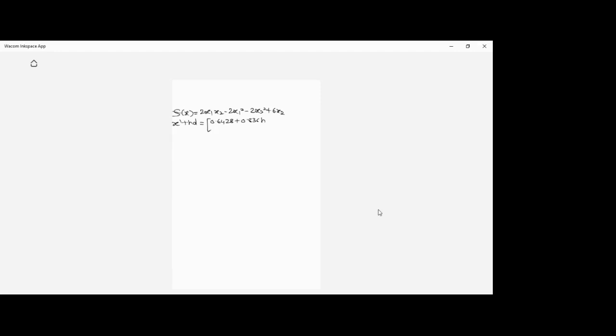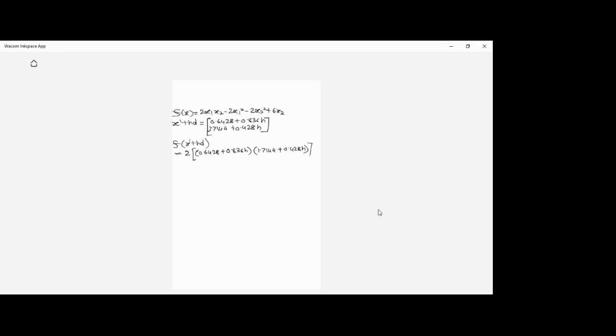and it is 1.7144 plus 0.428h, right? So now what we have to do next is we have to find out f of x dash plus hd. So now substituting the values, right? So it is simple, just a bit lengthy. 0.6428 plus 0.836h into bracket 1.7144 plus